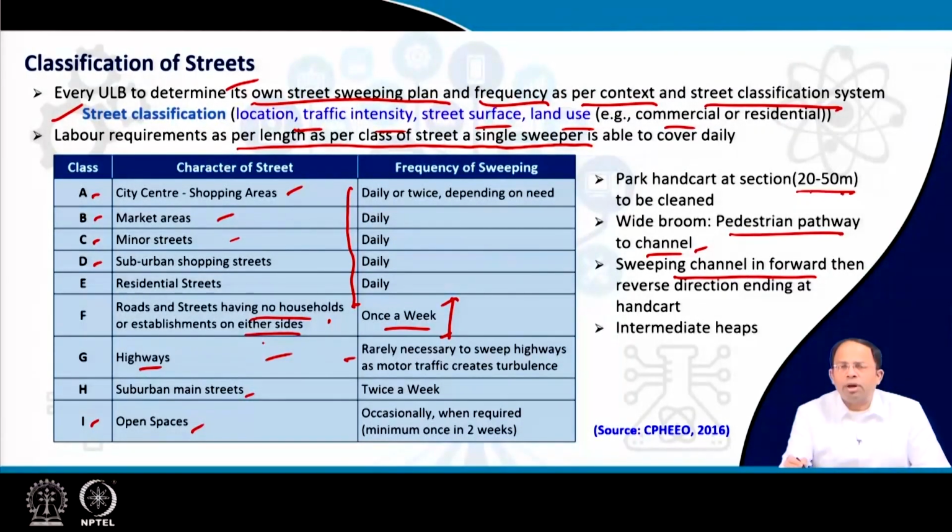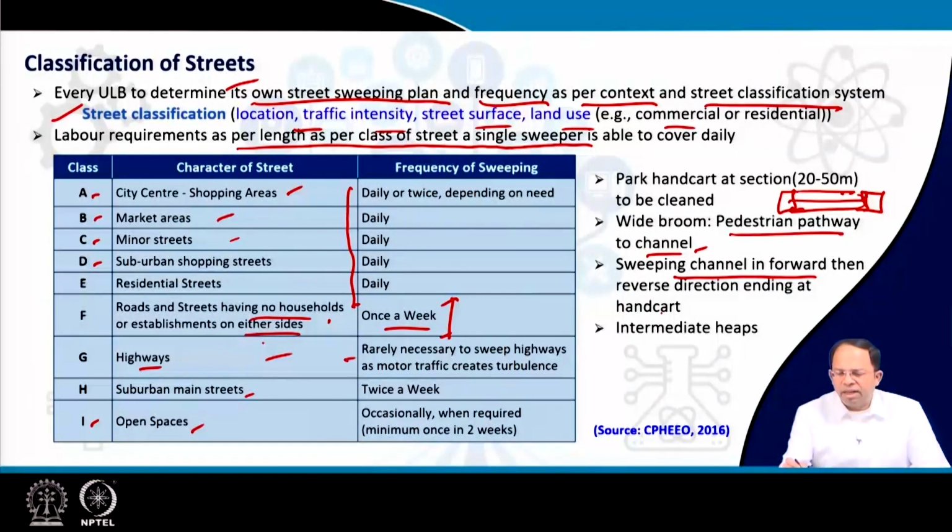in the forward direction till the end point is reached, and then you can come back from the other side of the road and reach the same point, then load the garbage into that vehicle and move the vehicle to the next point. So, that is how it keeps on happening.